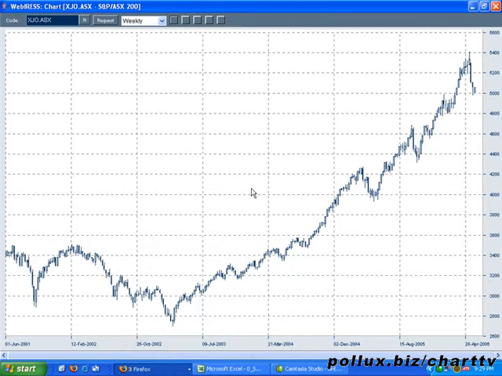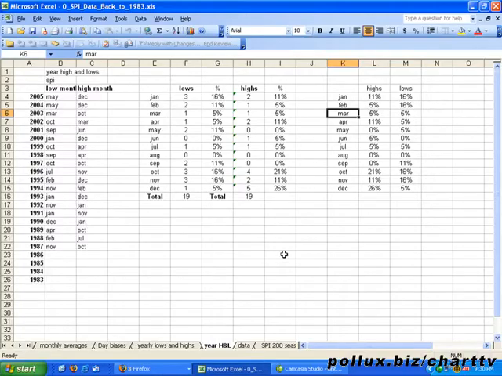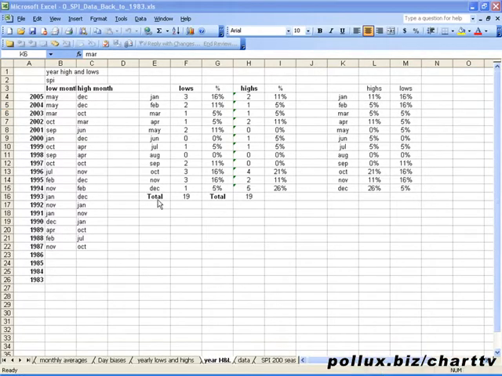Okay, so what we have here is this market on a weekly chart, and I've determined the highs and lows for each year. For example, for the year 2005 with this market, the high for the year was in December, the last month of the year, and the low for the year was in May. So I've created a basic Microsoft Excel worksheet like so, and jotted in that the low for 2005 was May, and the high for 2005 was December. I've then done that from 2005 through to 1987, as we have here, and